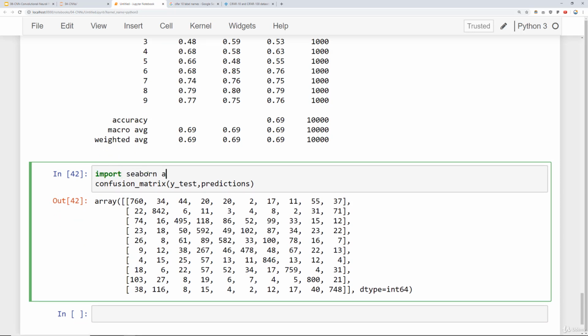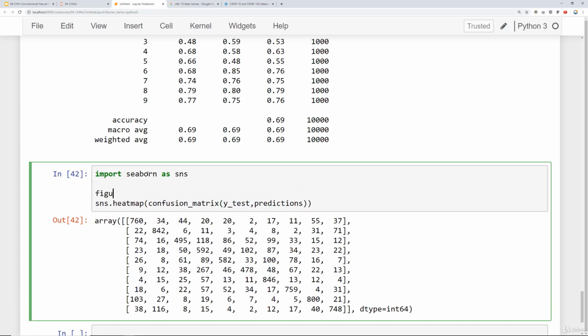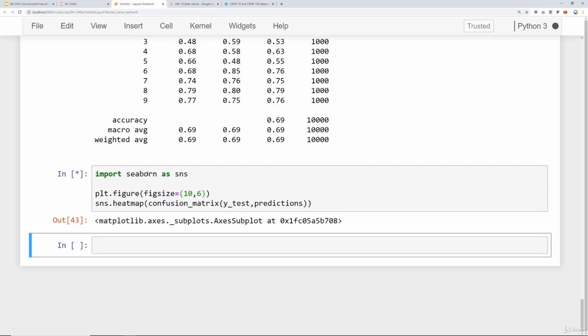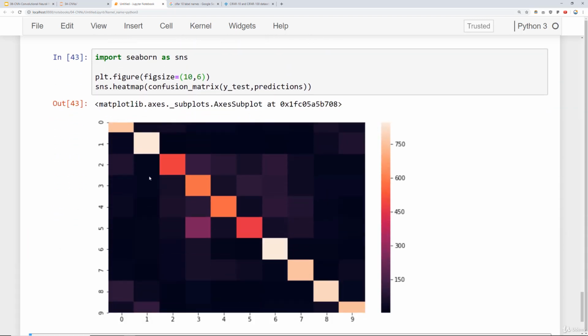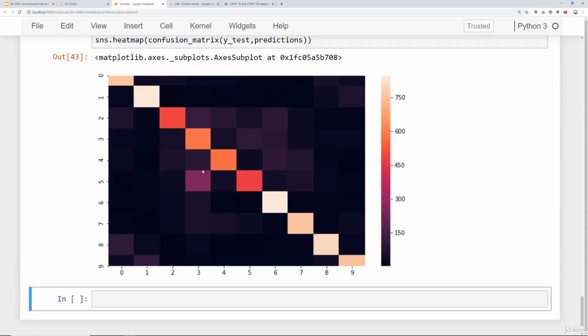import seaborn as sns, and then say sns.heatmap on this confusion matrix. Probably make it a little larger. We'll say plt.figure, figsize is equal to something like, let's go ahead and say 10 by 6. Run that. And here what's kind of interesting is based off the color, you can quickly see what it's misclassifying